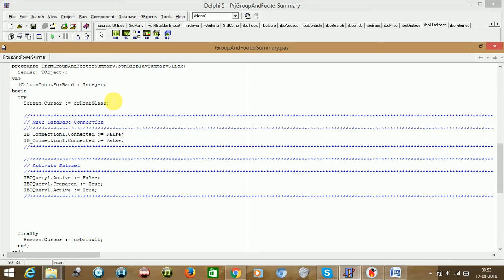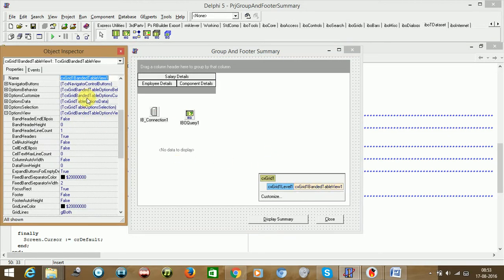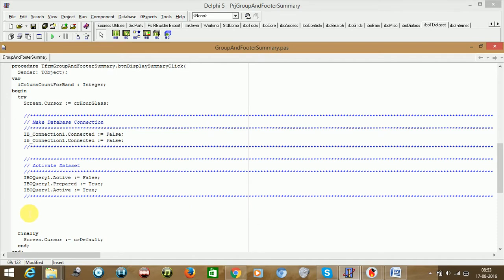Now we would be getting the name of the view. Just remove one, it doesn't matter, but it looks good. From here we will be using with do.